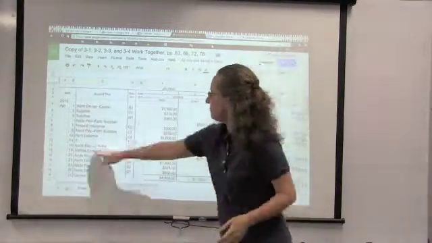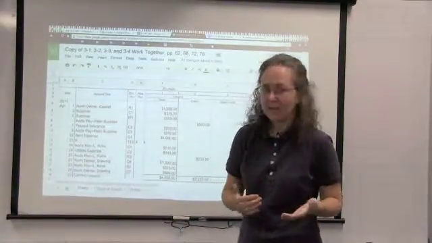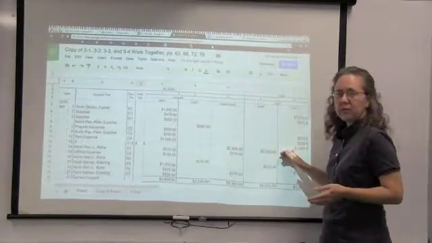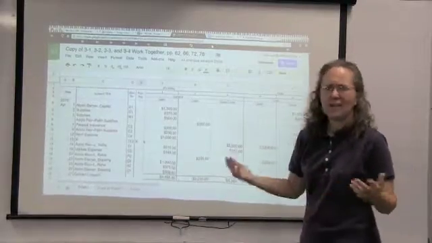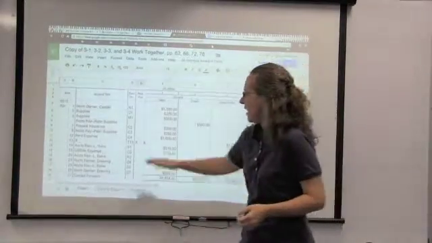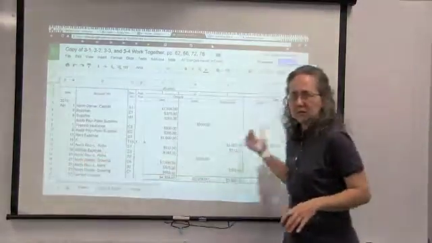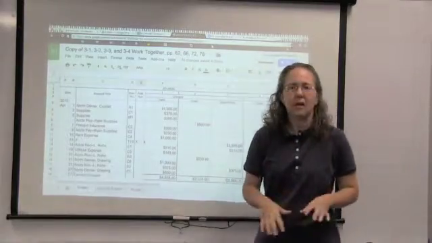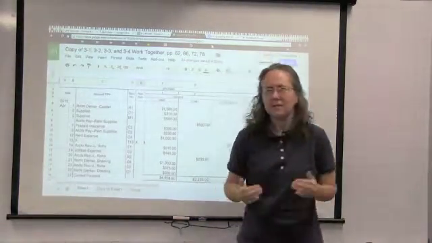For instance, on the 12th here, if I wanted to know how much cash I had in my bank account, I might have to come through here and add up everything over in my credit side, add up everything in my debit side, go ahead and subtract, and then I would know how much cash I have. And then I might have to do that again down here, repeat it, add up, subtract to find out how much I have. Now, hopefully we've got a checkbook and we'd be able to look in there too, but that's not the only